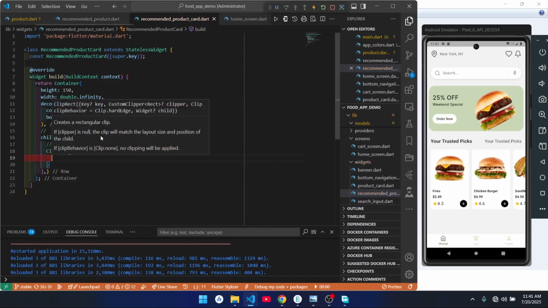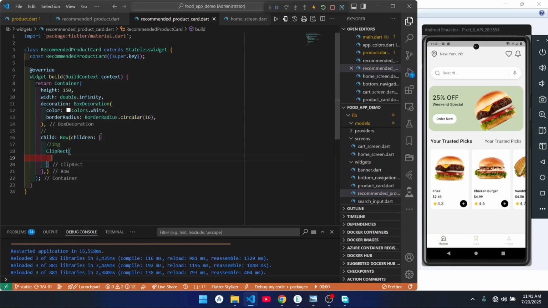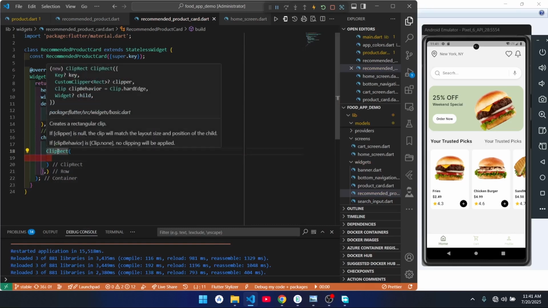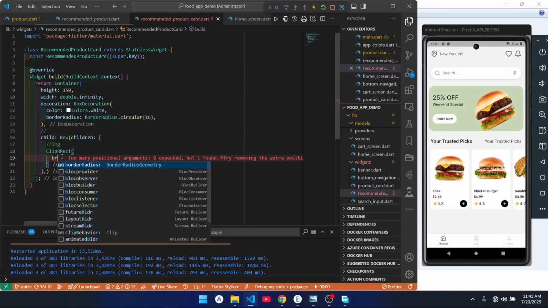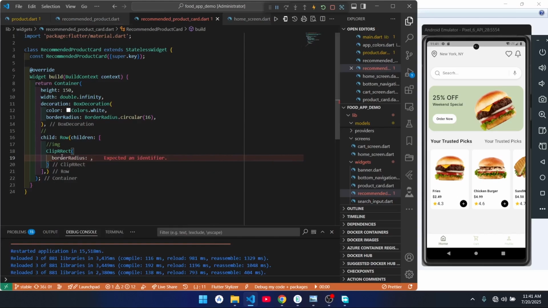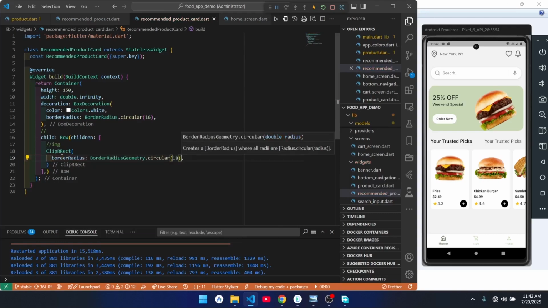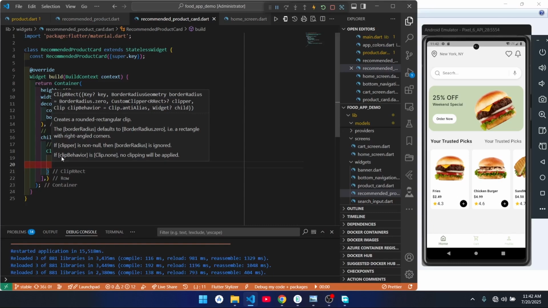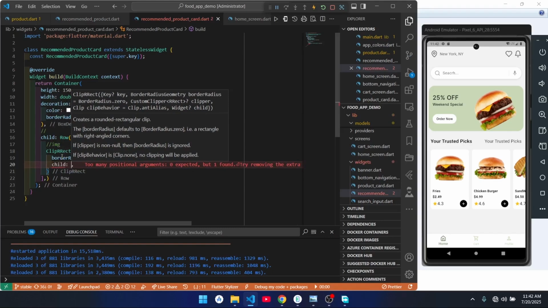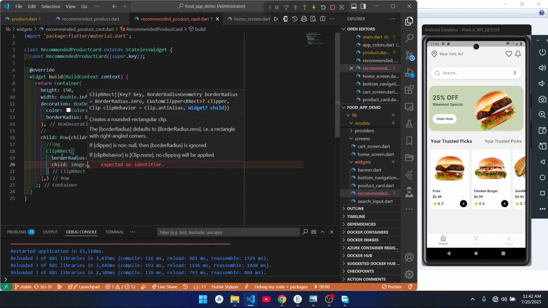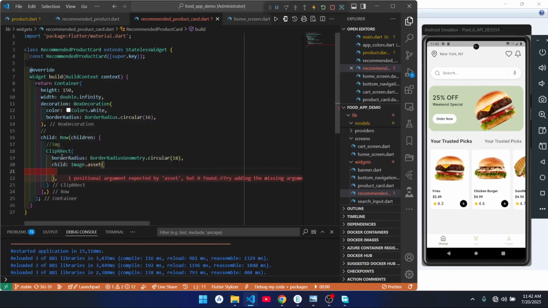Then inside this ClipRRect, we're going to have the border radius. Sorry, this is supposed to be two R's: ClipRRect. Then we're going to have the border radius, which is going to be circular with 18. All right. Then the next thing is we're going to have the child, which is going to be the image. So simply say child, then we say Image.asset, since we're doing this with the local images that we